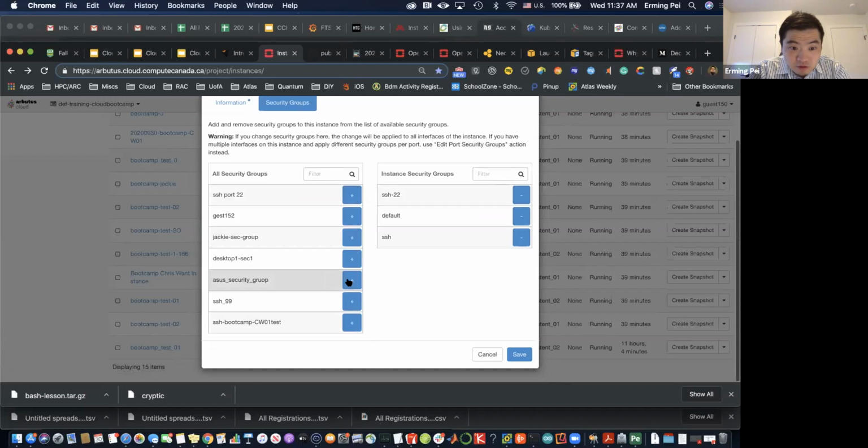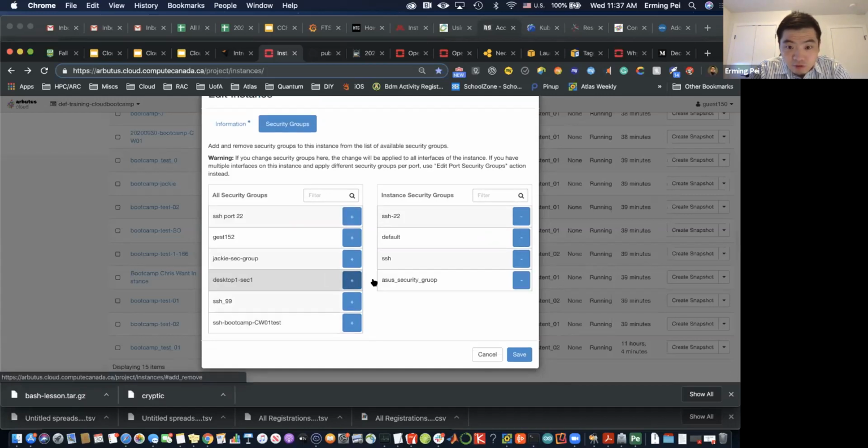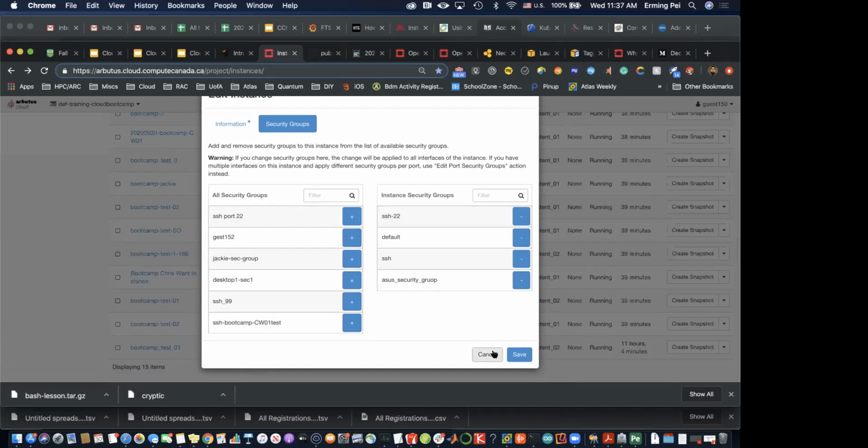For example, I can choose the ASOS security group to add to mine. You can choose the SSH22 I just created. Yeah, I choose